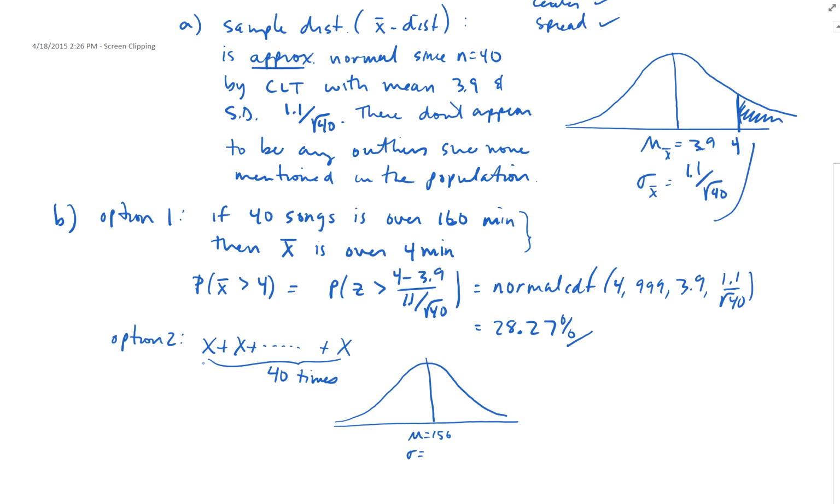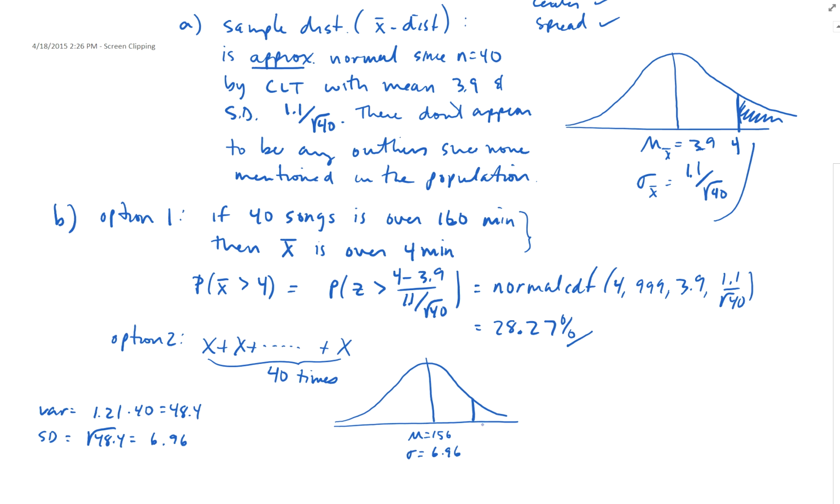This is a good review. What do I do when I have the standard deviation? Do I just multiply it by 40? No, I have to find the variance. 1.1 squared is 1.21, that's the variance. And I had it 40 times, so I have to add it up 40 times, or times 40. And I get 48.4. And then I take the square root of 48.4 to get the standard deviation back. And I get 6.96.